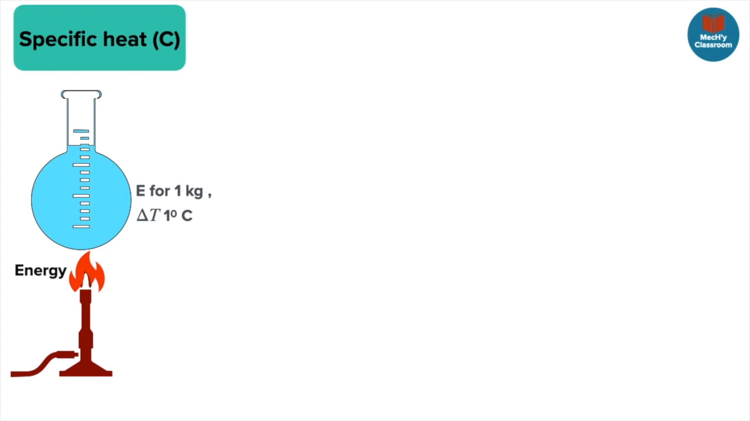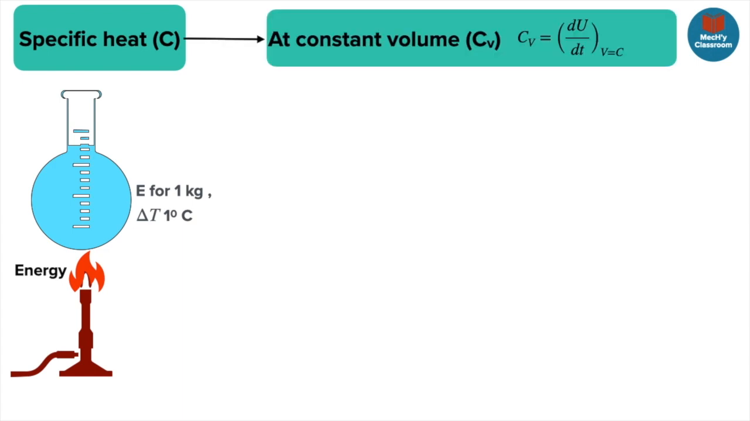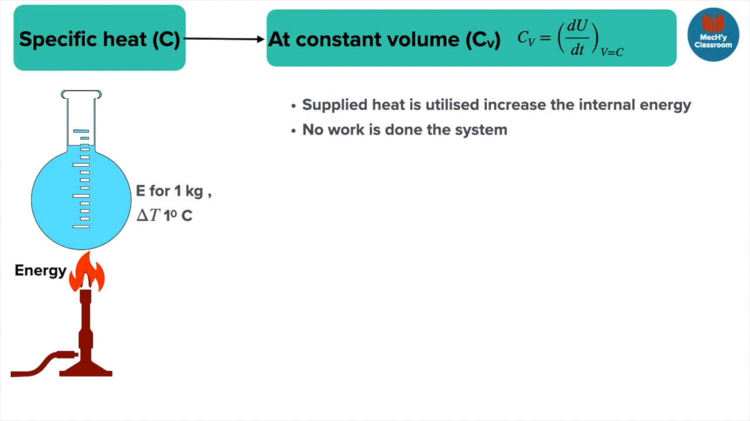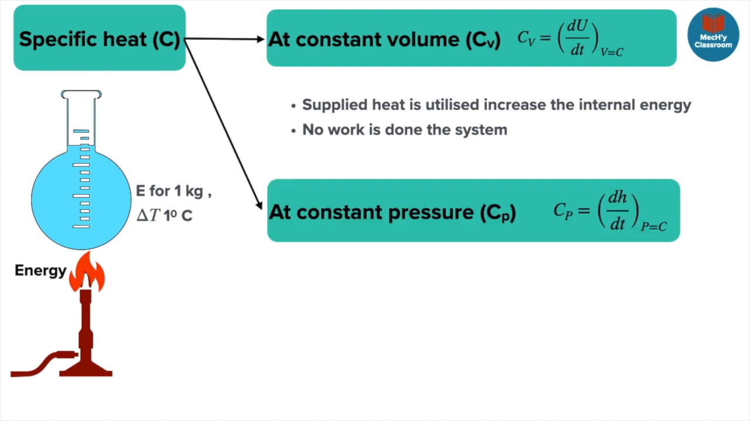We have two types of specific heats for a gas. That is specific heat at constant volume, which is defined as the change in internal energy to the change in temperature. The supplied heat is utilized to increase the internal energy and there is no work done by the system as PdV work is 0. Next, we have specific heat at constant pressure, which is defined as the change in enthalpy to